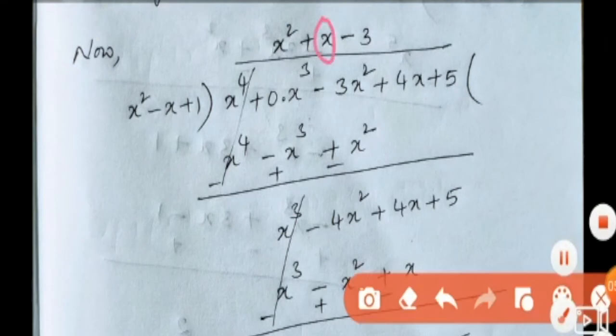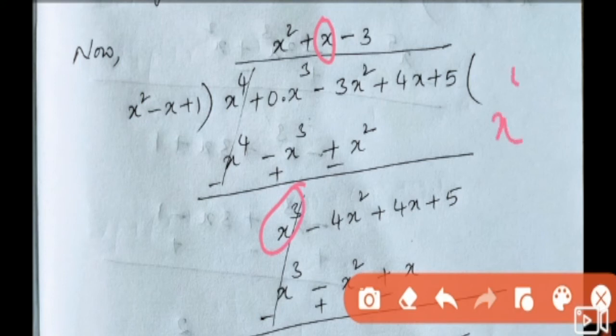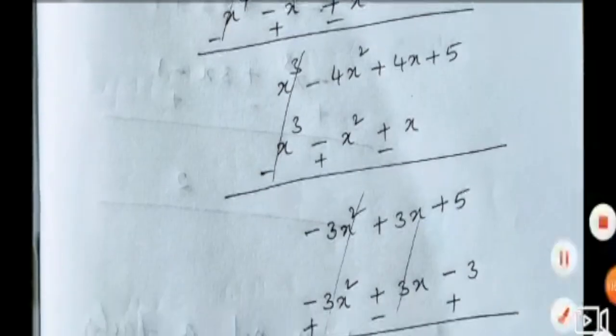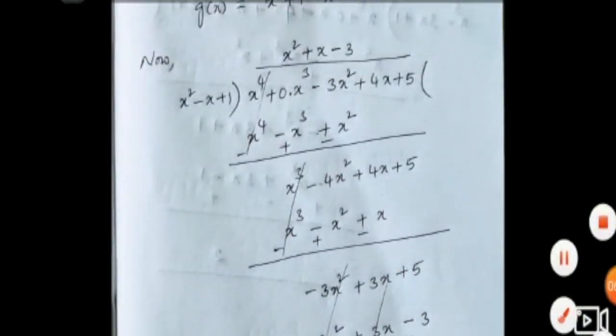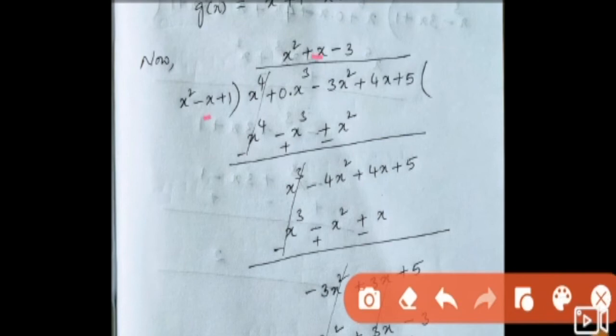Next, to obtain the second quotient, in the new dividend, what is it? First term x cube by the divisor x square. From these, two terms will be cancelled. One x is remaining, and that x we have to take here. After that, x into x square, x cube. Next, minus x into x, minus x square. 1 into x only. Now x cube plus x cube you are getting.